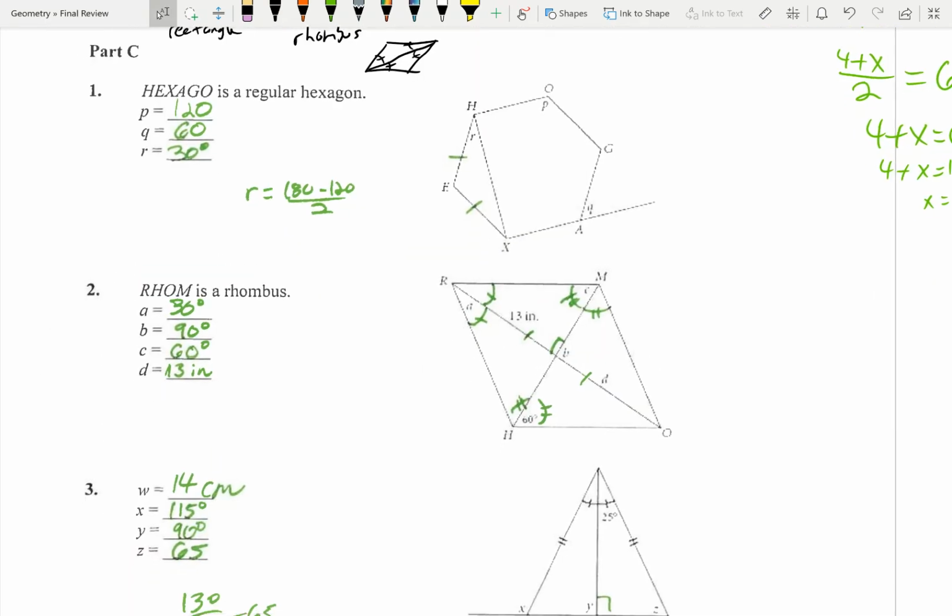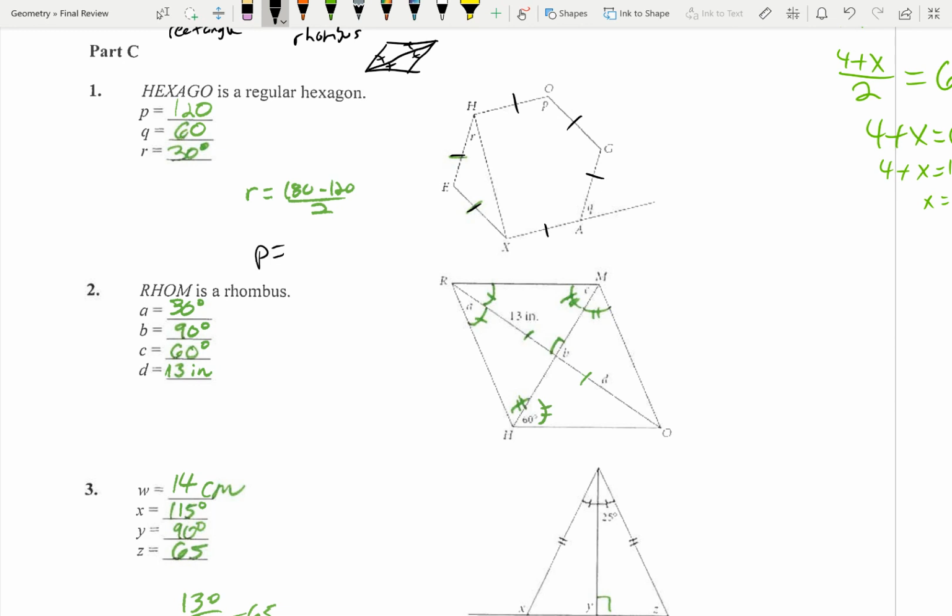There we go. So here's some questions here. Hexagon is a regular hexagon, and it asks you to find P and Q and R. Okay. So if it's a regular hexagon, that's going to mean that all the sides are congruent, all the angles are congruent, and so that's going to be,